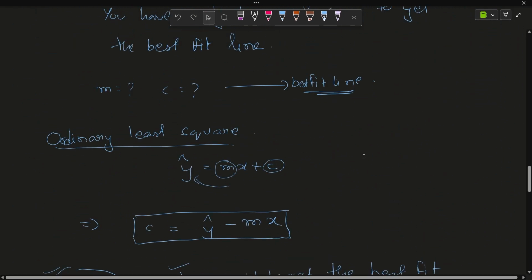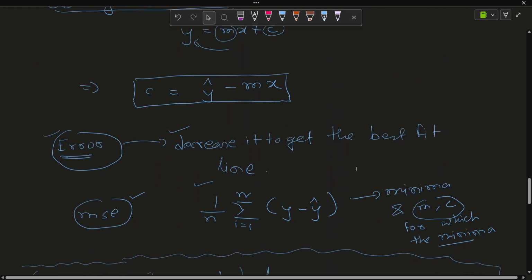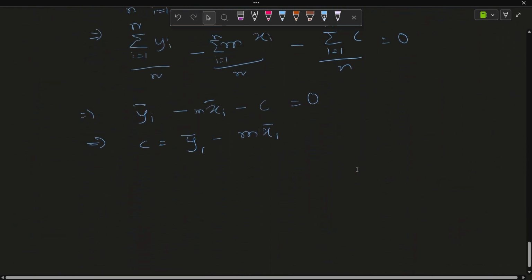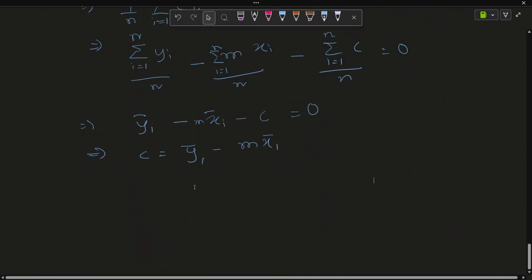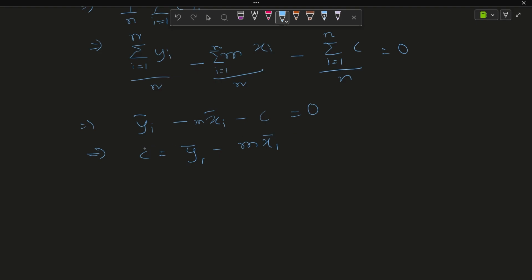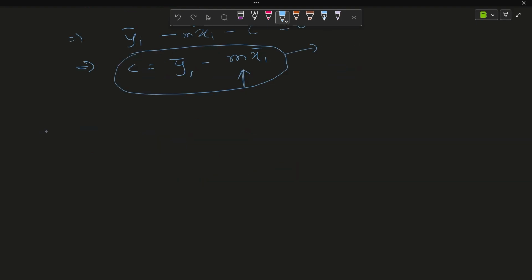So this is how you find c. So let's do the other thing next. So what is the other thing? We have to calculate the value of m, right? So let's at first write the equation, like the error for m comma c,